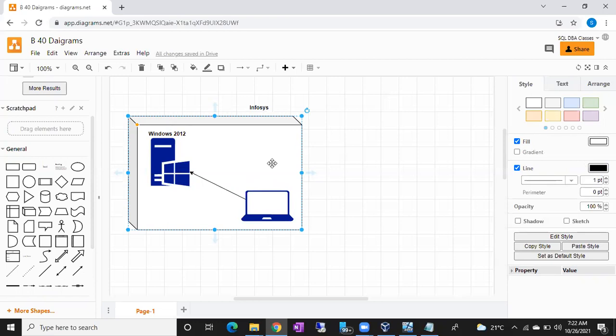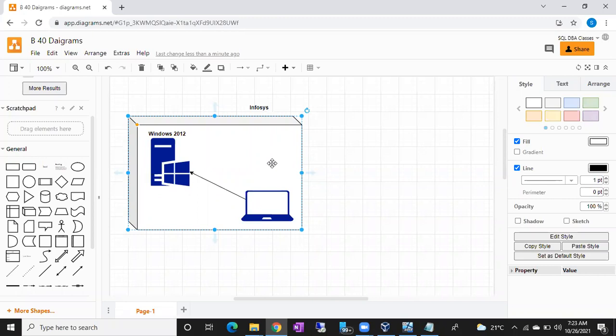Okay, so the main prerequisite is, remember guys, a lot of servers will be there. That doesn't mean that you have access on all the servers. Infosys is supporting a lot of projects, hundreds of projects. That doesn't mean you can access all the servers. By default, you cannot access. If you want access, they are going to provide extra permissions. You can access only your project related servers. You cannot touch other project servers.